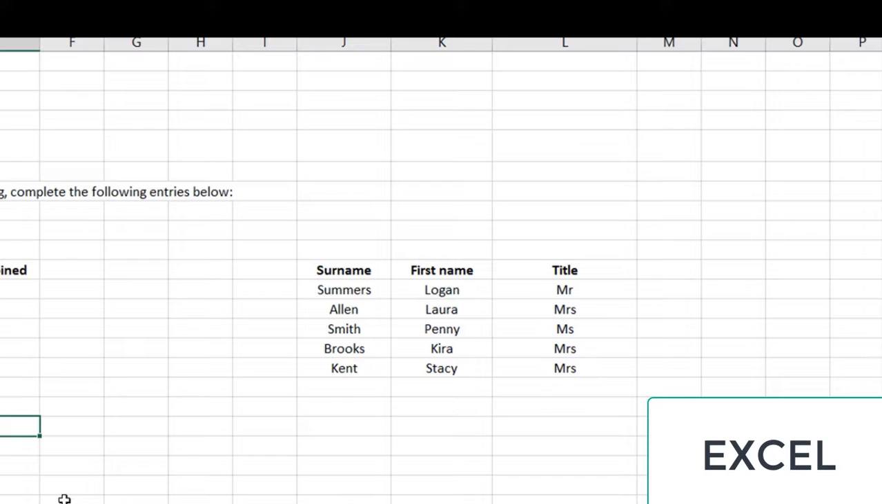Again, if you do have any questions or queries regarding flash fill and how it works, or you're having trouble activating one of the manual methods, or you need to know how to activate the automatic method,